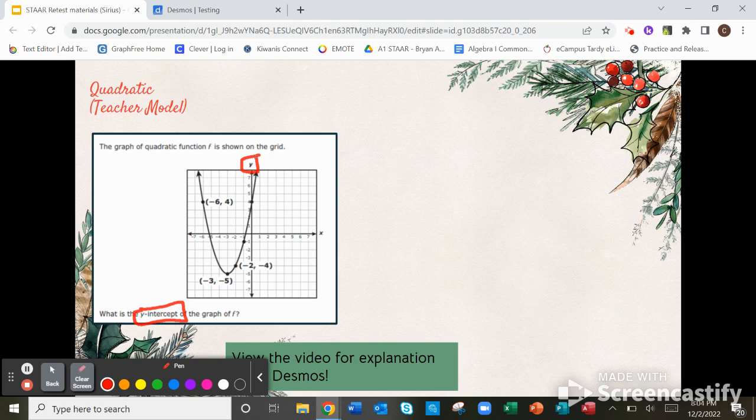Again, if I'm looking for my y-intercept, I have to remember that my y-intercept is found right on my y-axis. So I'm looking for the point that crosses the y-axis, so I see that it lands right here. And the point for that is 4, or the actual number value. This is a numerical response, so in your keypad